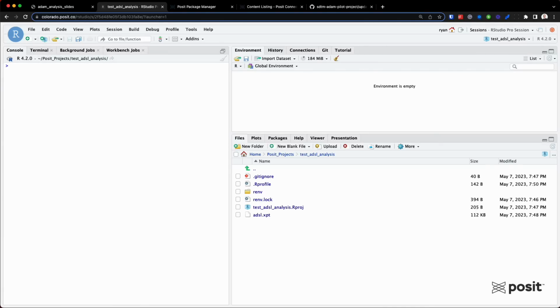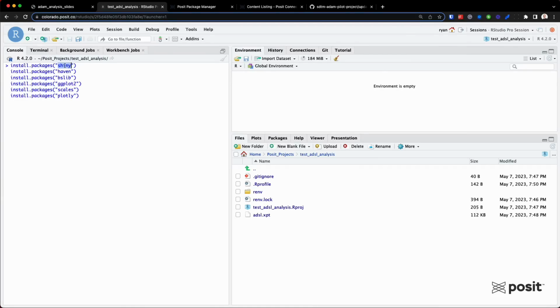All right, so once we have all that, for our Shiny application, we actually need to install some of the packages first. So before I actually bring in the Shiny application, let's first install some packages. So I've actually copied this install script over here, and I'm just going to paste it into my console. And we have a few packages here that we're going to need.